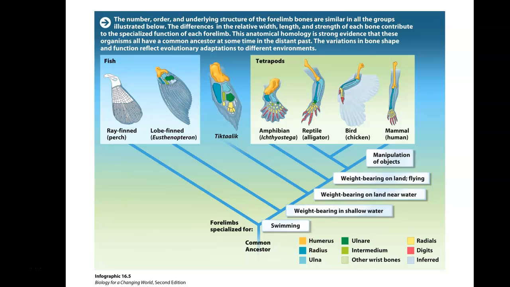So you can go all the way from bearing weight close to water, like amphibians. You can get away from water and stay more on land, like reptiles. You can even fly if you're a tetrapod. And then finally, we have the ability to actually manipulate pencils, pens, and if you play a musical instrument, if you are a surgeon, you can do all kinds of amazing things with the digits of your hands. And so this is just a cool infographic showing you the transition that we've seen through fossil records going from fish to life on land, which are tetrapods.